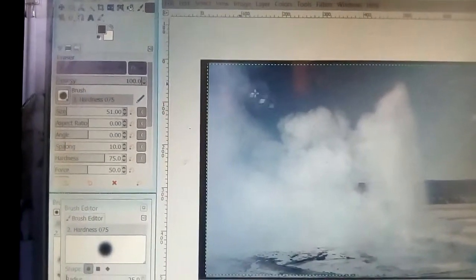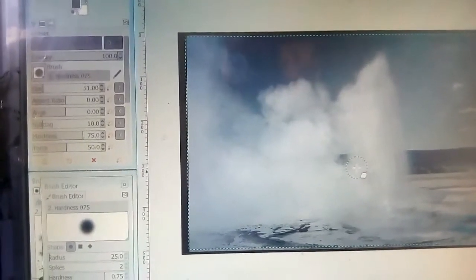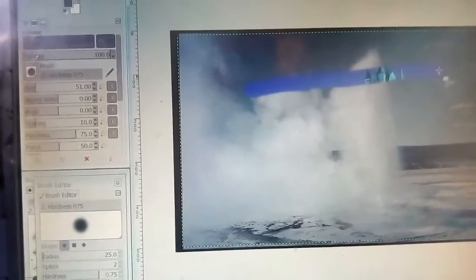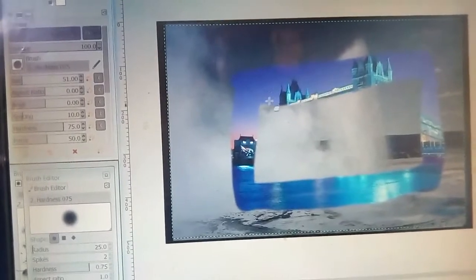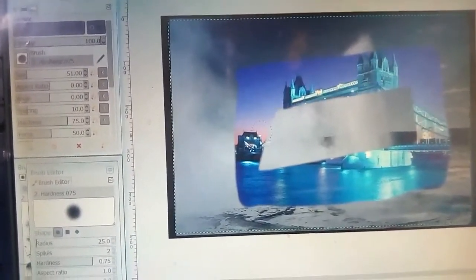Which portion you want, you just click on that. Suppose you want this portion, you want to show this tower, so you can show it in this way.